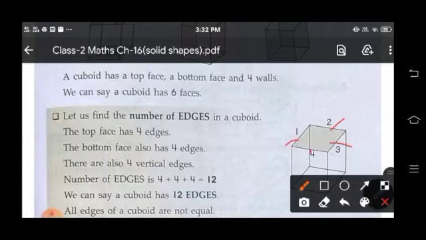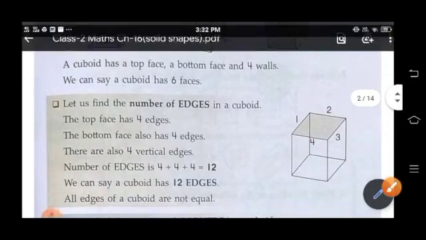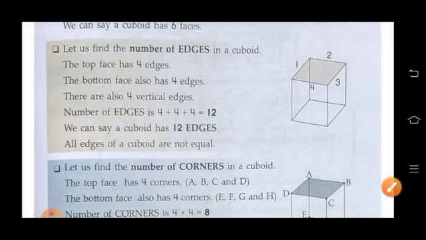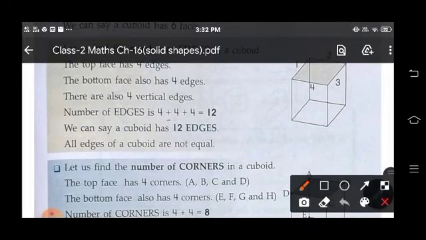There are 4 vertical edges. So number of edges is equal to 4 plus 4 plus 4, which equals 12. So we can say that a cuboid has 12 edges. And all edges of a cuboid are not equal.